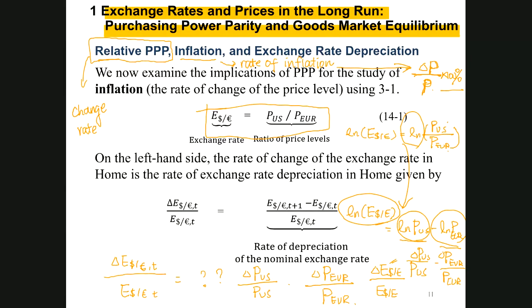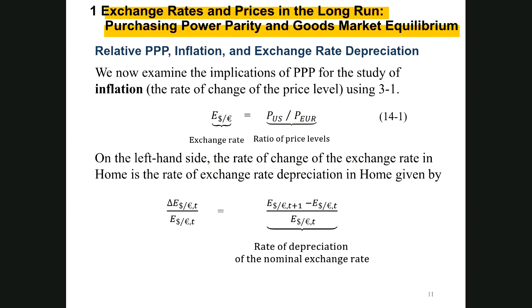That is the shortcut. But if you have no background in calculus, it's okay. Let's take a look at how the textbook walks us through. First of all, in terms of the relative PPP, we would like to know what the exchange rate change is. We use delta E to represent it. By its definition, delta E_t is the new exchange rate in the next period minus the original exchange rate in period T,